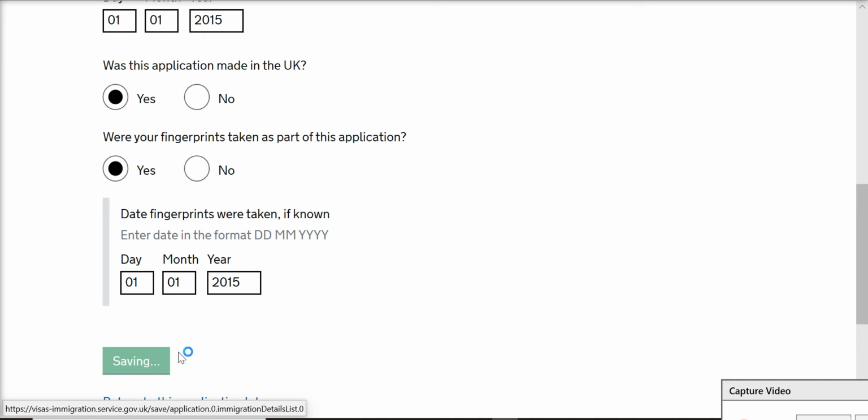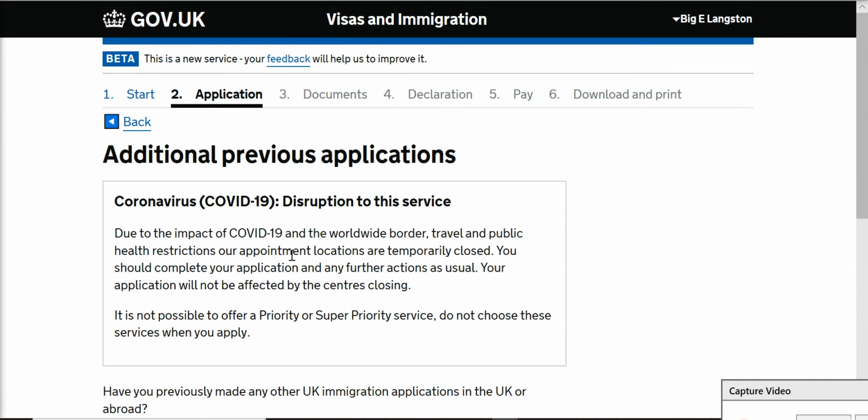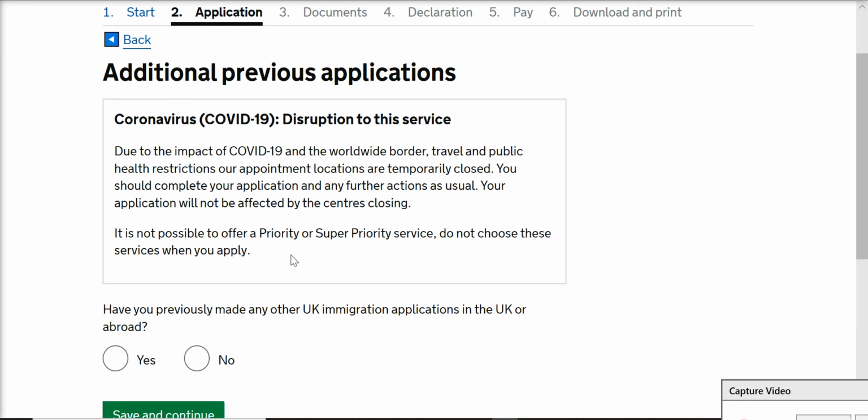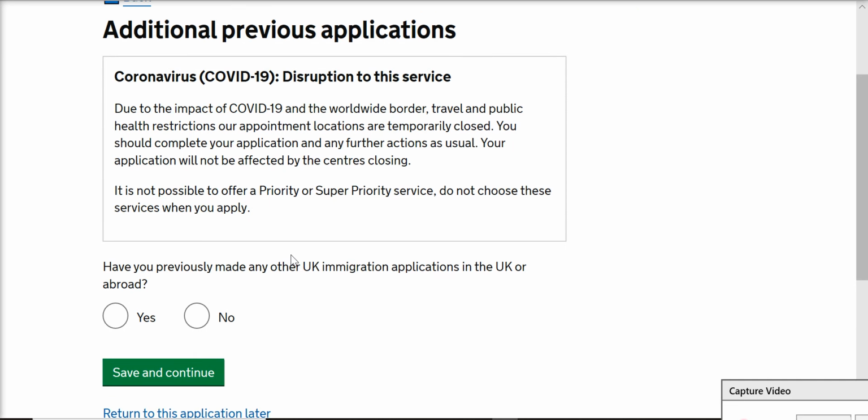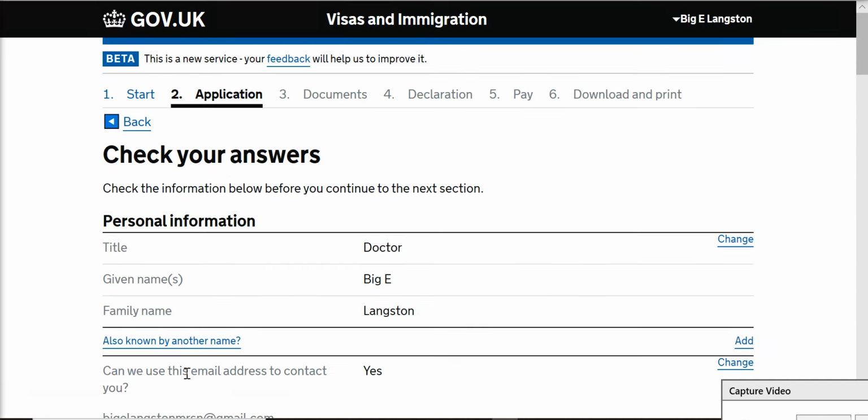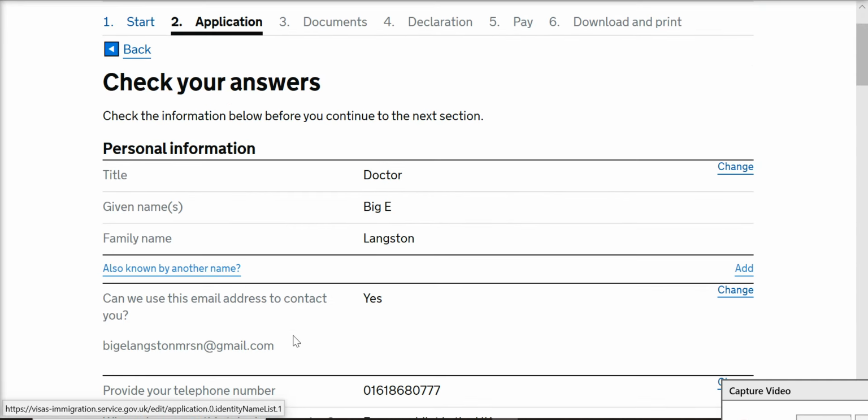Okay, save and continue. Then it asks if you made any other immigration applications. If you have indefinite leave to remain, you will say yes, because claiming indefinite leave counts as an immigration application. But if you've got refugee leave to remain, you can click no, save and continue. And as we check our answers, that can be